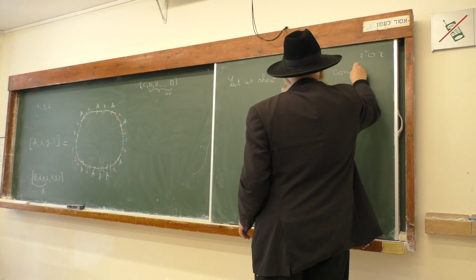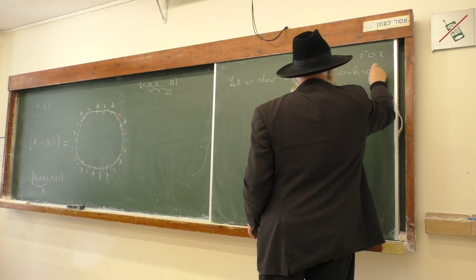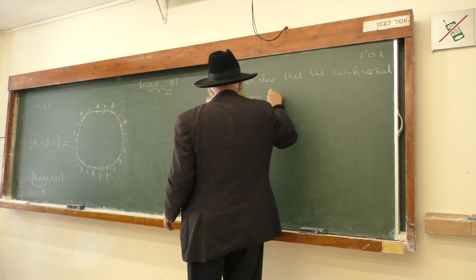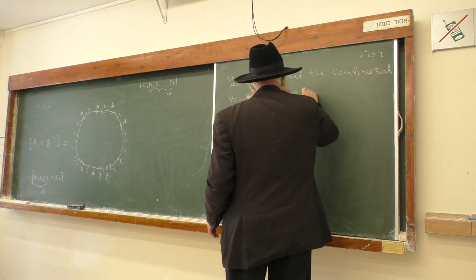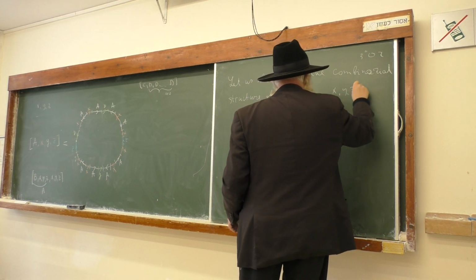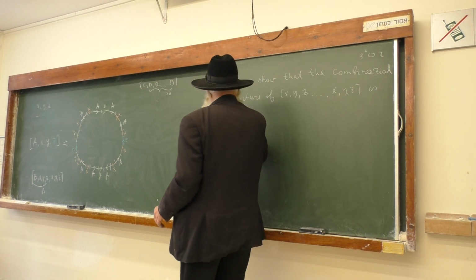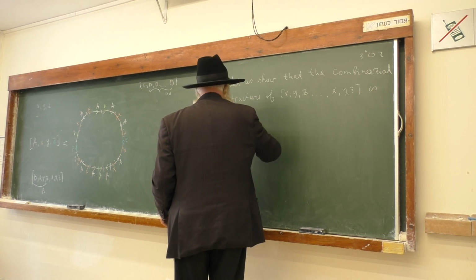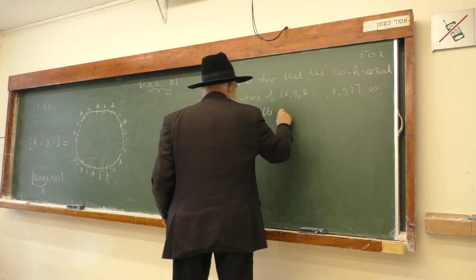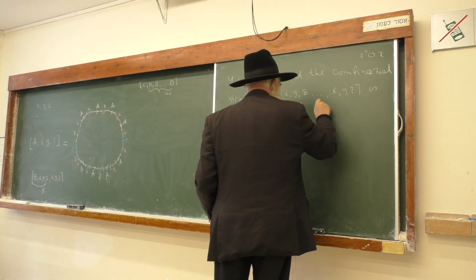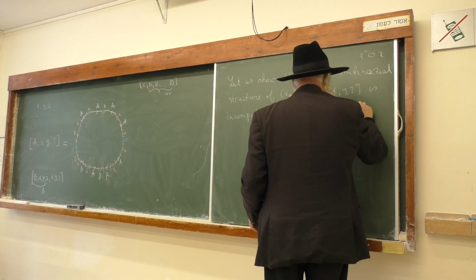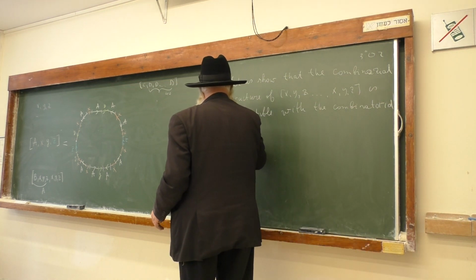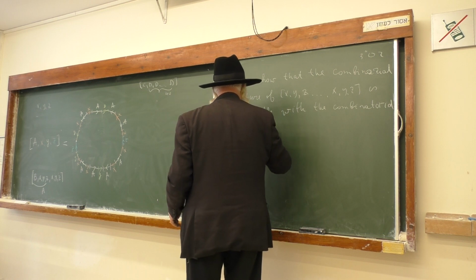The combinatorial structure of x, y, z is incompatible with the combinatorial structure of an angle